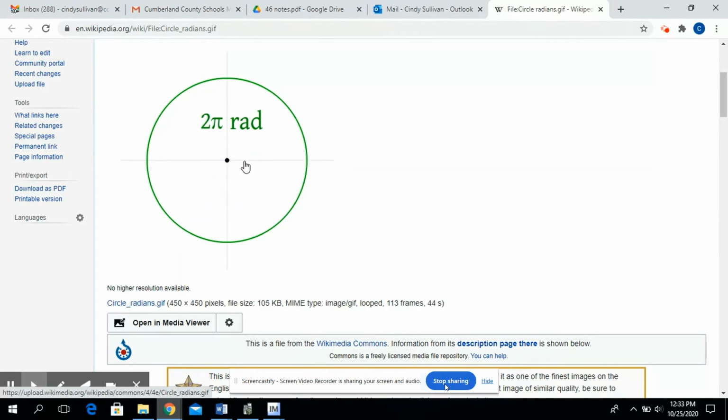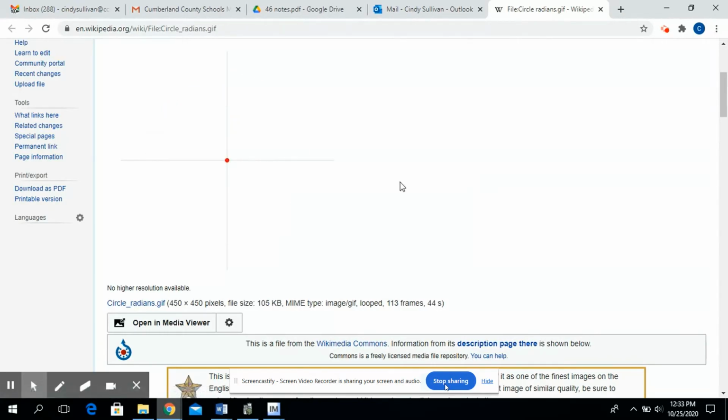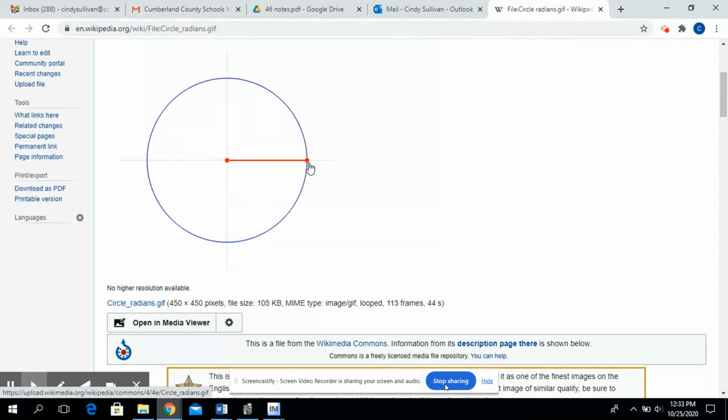On the unit circle, the radius is 1. So they're going to show you that right now. On the unit circle, the radius is 1. So this is r. The radius is 1. So this is with any circle. If you take that radius and lay it on the circle starting at 0, you'll have 1 radian,